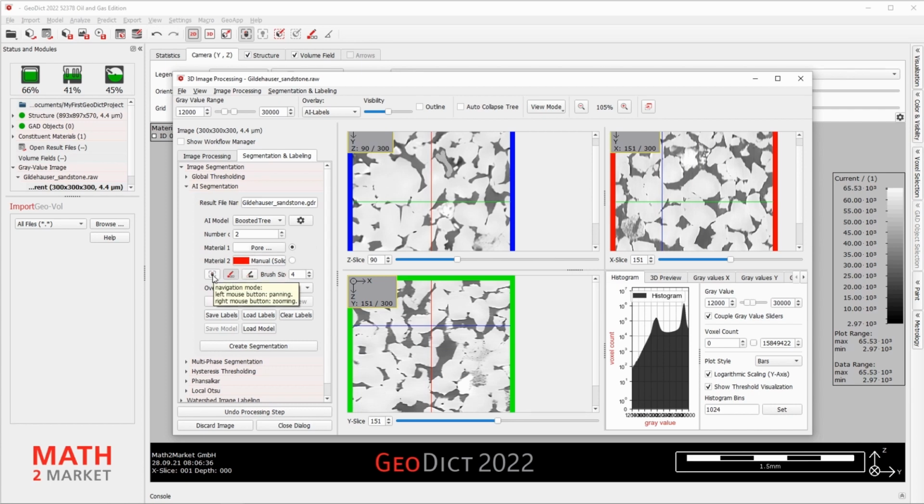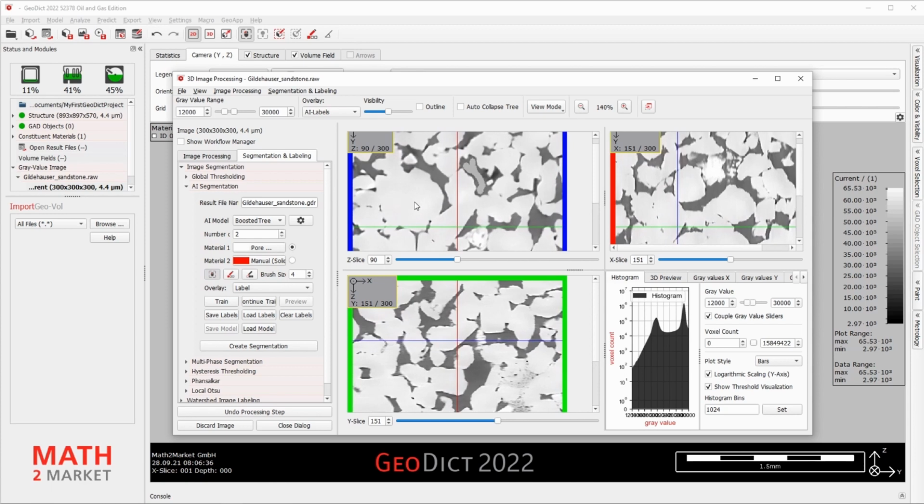If you need more accuracy in the painting, select the tool for moving and zooming to zoom in.